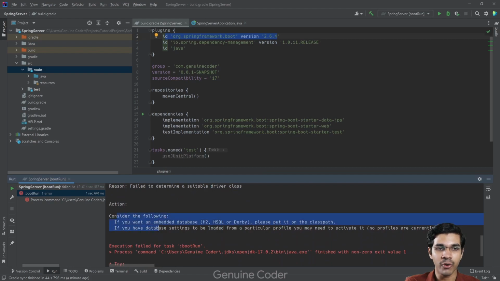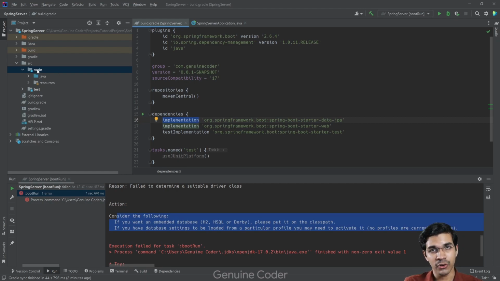So basically the problem here is that we have included the Spring Data JPA dependency into our project, which is used for connecting our application to a database, but we haven't specified which database, or what the username and password for the database are, what port the database is running at, whether it is MySQL or MariaDB or Postgres, I mean what kind of database it is. So those kinds of things we need to specify. So let us do that next, and then this error will go away, and then we can start our application